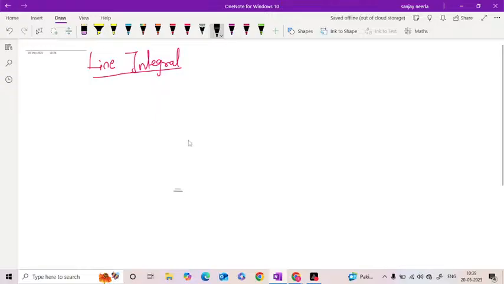Here I am writing a single integral from A to B, f dot dr. So this single integral is the line integral with the limits a to b. f is some function, and here we are differentiating with respect to r. But here in this one, f is